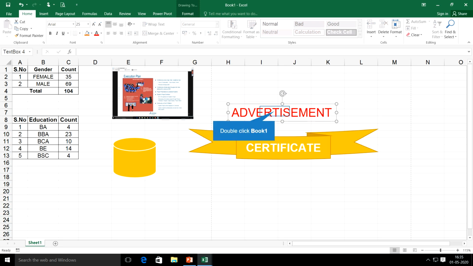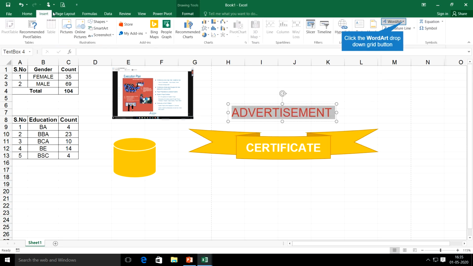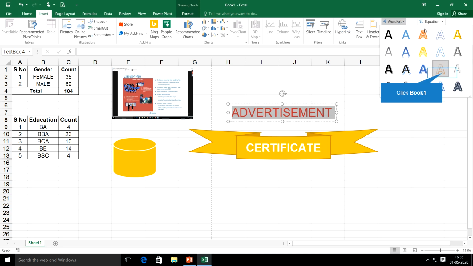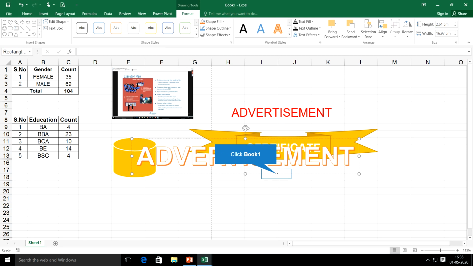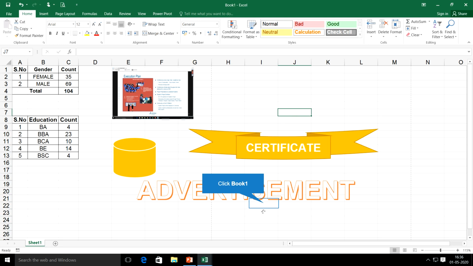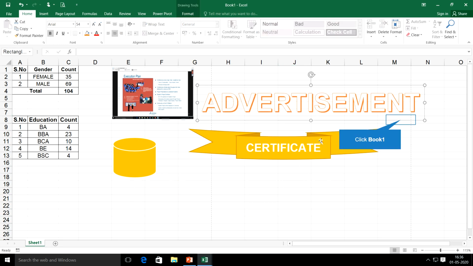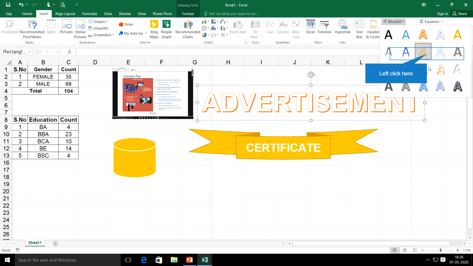If I want to convert this into a word art, I can select this and go back to the Insert menu. There I can see this word art on the top right corner. By clicking on that, I can see different types of word art. I can choose any one that I want to convert. See, I can remove this and I can use this type of word art for my worksheet. If I find it not appearing good, I can again select the other options.